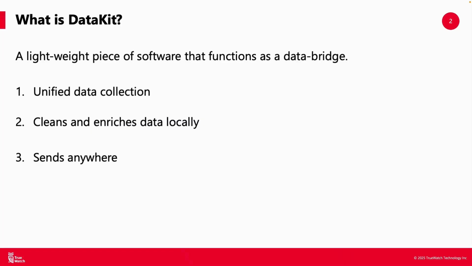So first, what exactly is DataKit? If you have used Datadog before, think of DataKit as the TrueWatch equivalent of the Datadog agent. It's a lightweight piece of software that you install on your servers, VMs, containers, or cloud instances. Its main job is to collect, process, and forward telemetry data, things like metrics, logs, and traces, to TrueWatch for monitoring, observability, and security. You can think of it as a data bridge between your systems and TrueWatch, with three